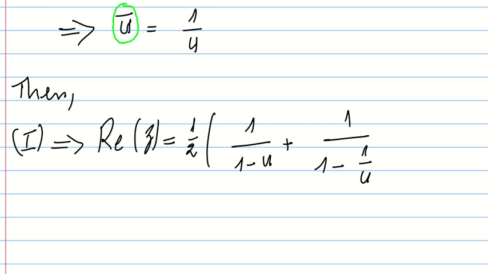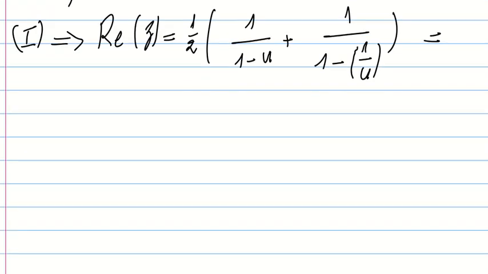This is the conjugate of u, which is equal to 1/2 multiplied by 1 over 1 minus u plus u over u minus 1,